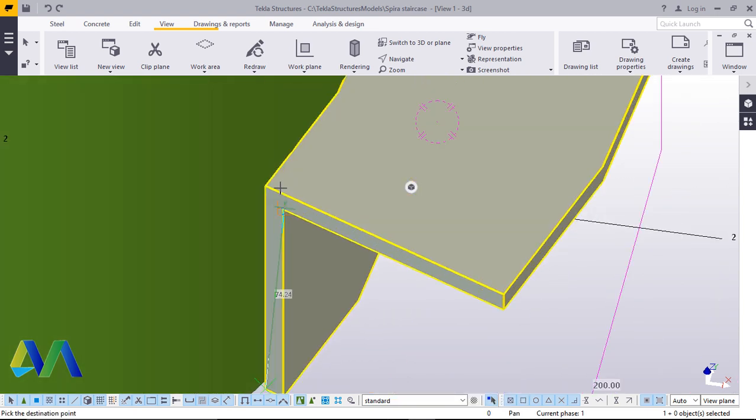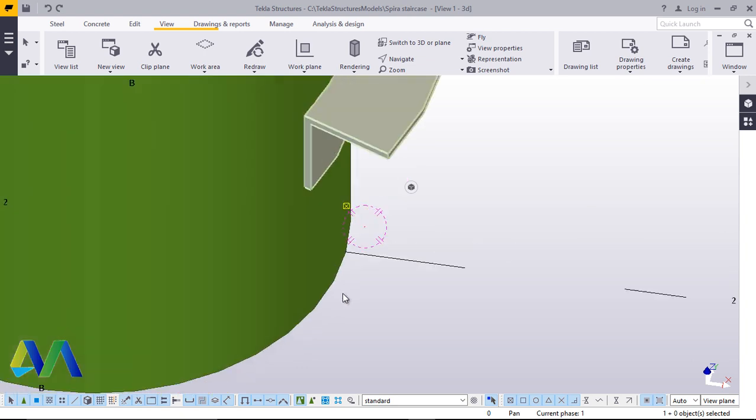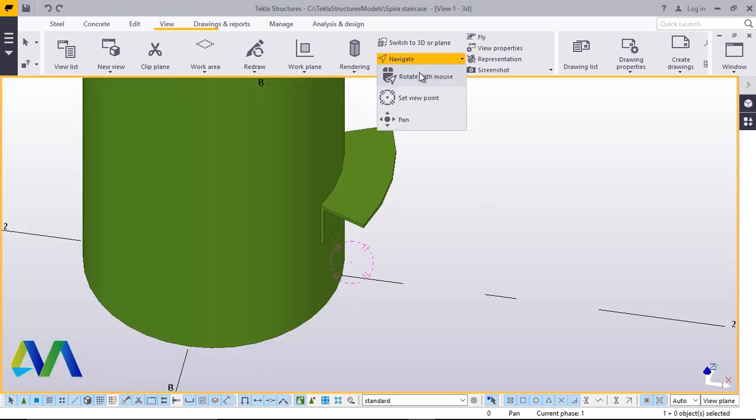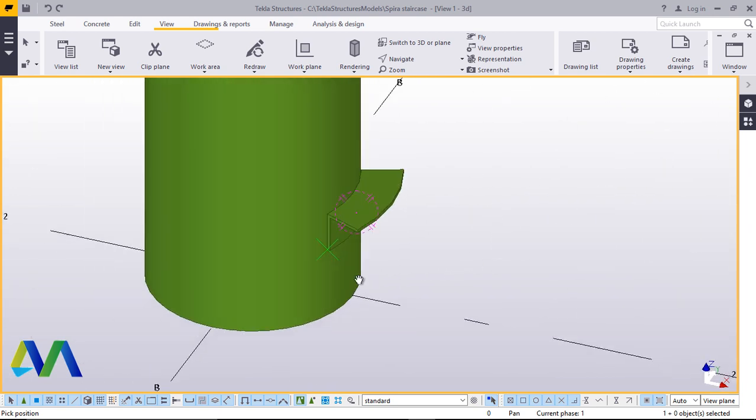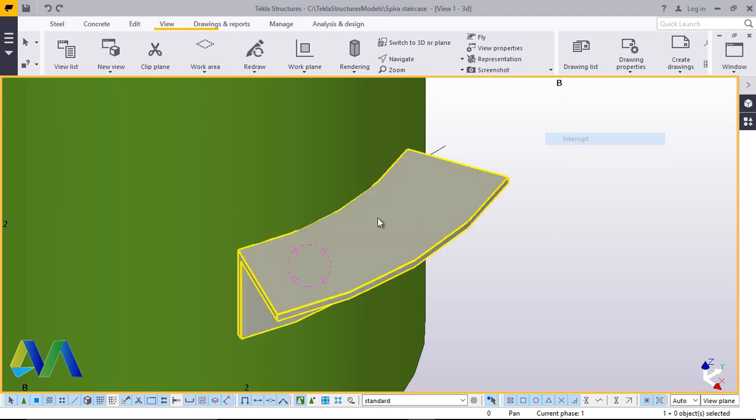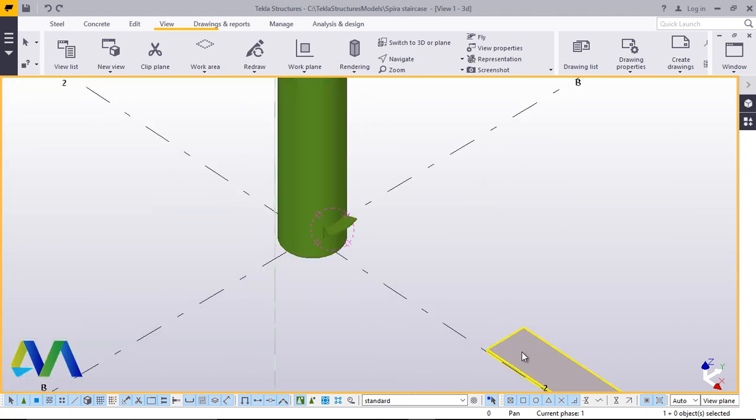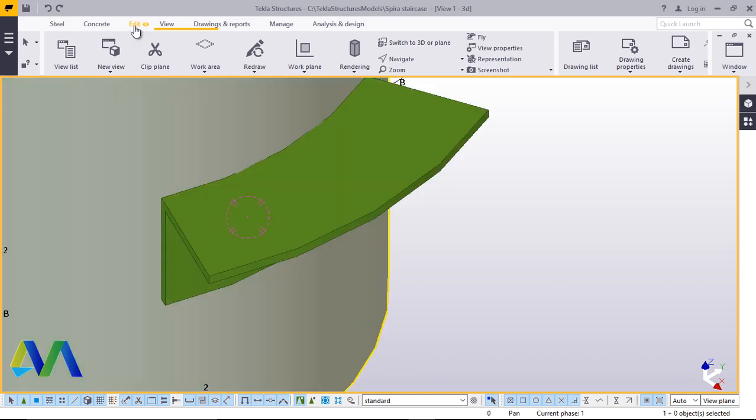Snap right at the bottom there and just place your cursor there and type 150. We take it up where we were previously. Come to navigate, rotate with mouse and turn this round. Now on this cleat we want to locate a point that will link up with the bottom point of this thread. Now from here we'll come to edit